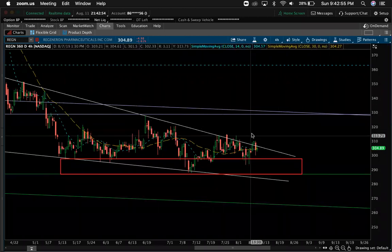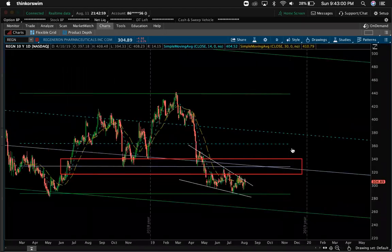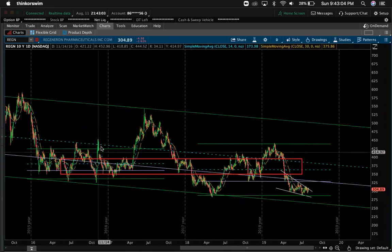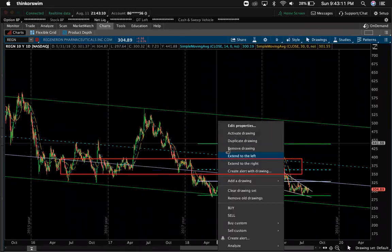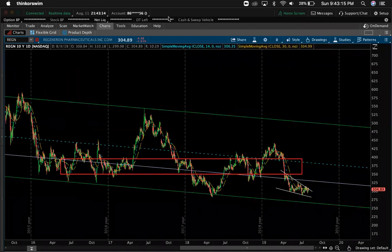So here, this is a daily, this is an H4. Let me get you the daily chart. The reason I'm going over these things is because people are like, oh, what's the best strike to buy and this and that. How you look for strikes is you need to confirm a lot of things before you look for strikes. And when you get into a position, let me remove that. When you get into a position, what's very important,